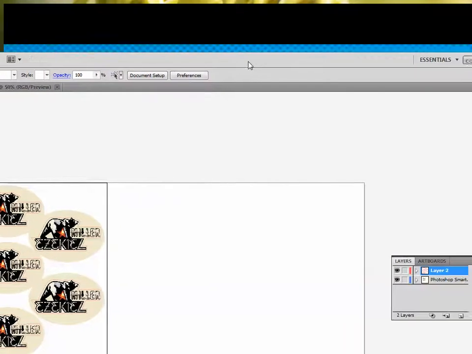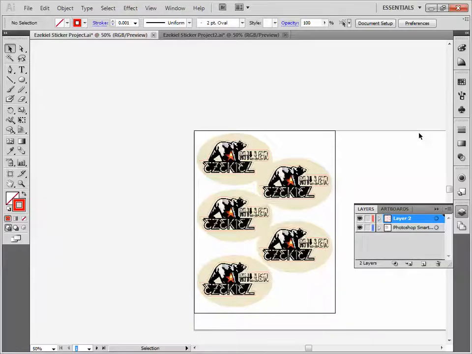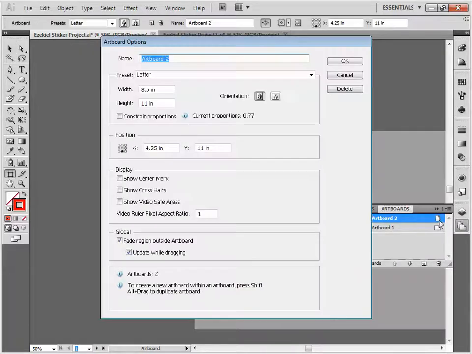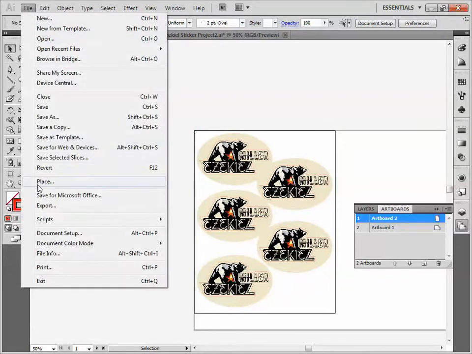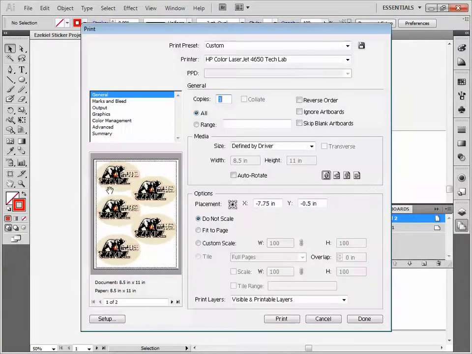So let's do those things. Okay, so what we're going to do is, when we're going to print, we want to go to the artboard and we want to be on this artboard. Okay, so you can see what happens as I jump between. I want to be on the 8.5 by 11 artboard. Okay, and then once I'm there, I'm going to go to File, Print,